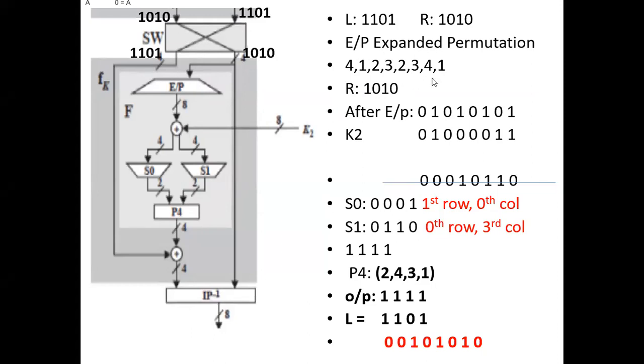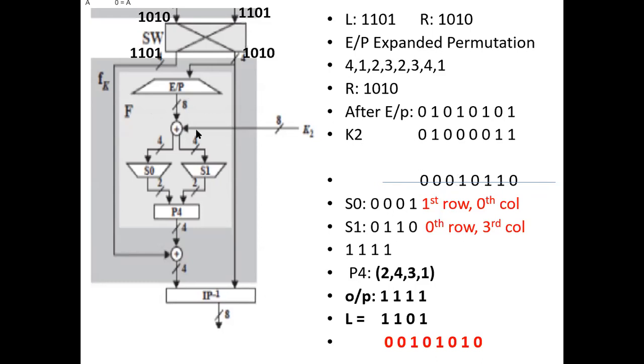This was done as per the sequence. And see that now we need key K2, which is already generated in the key generation process. Now I am taking this to perform the XOR between the output of expanded permutation and K2. See this one. If you perform the XOR with the output of expanded permutation and K2, you will get this output: 0 0 0 1 0 1 1 0. After this XOR, you got this.